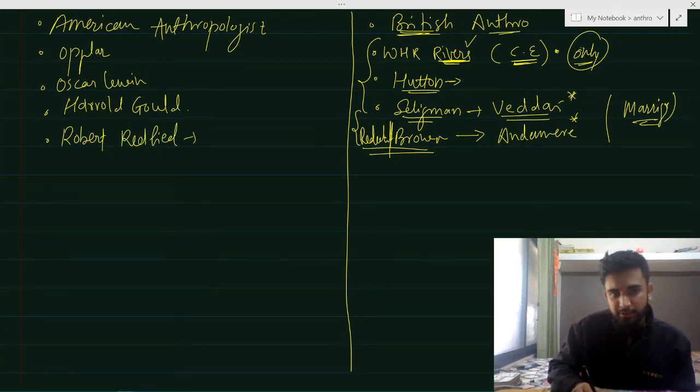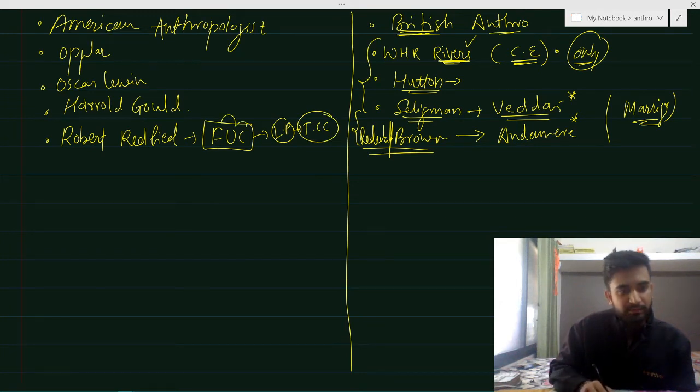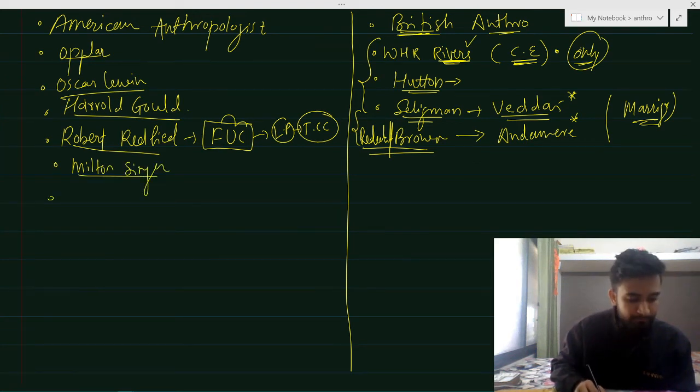We have completed unit 3. You can go and check it out. Folk urban culture, he has studied, which L.P. Vidyarthi used for the tribe caste continuum. Folk urban continuum, tribe caste continuum. So that is Robert Redfield. Oscar Lewis, Opler, for that matter, Milton Singer. Then McKim Marriott, of course.